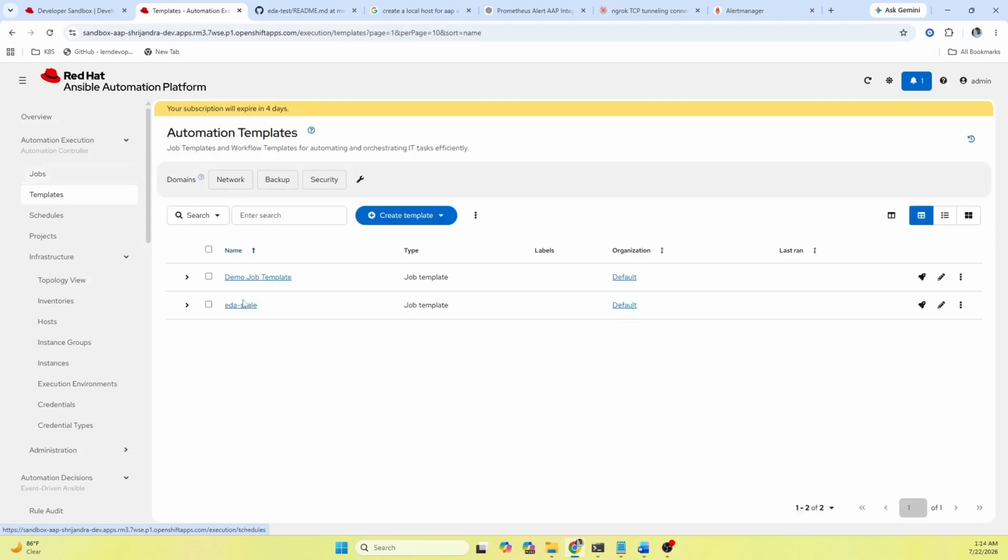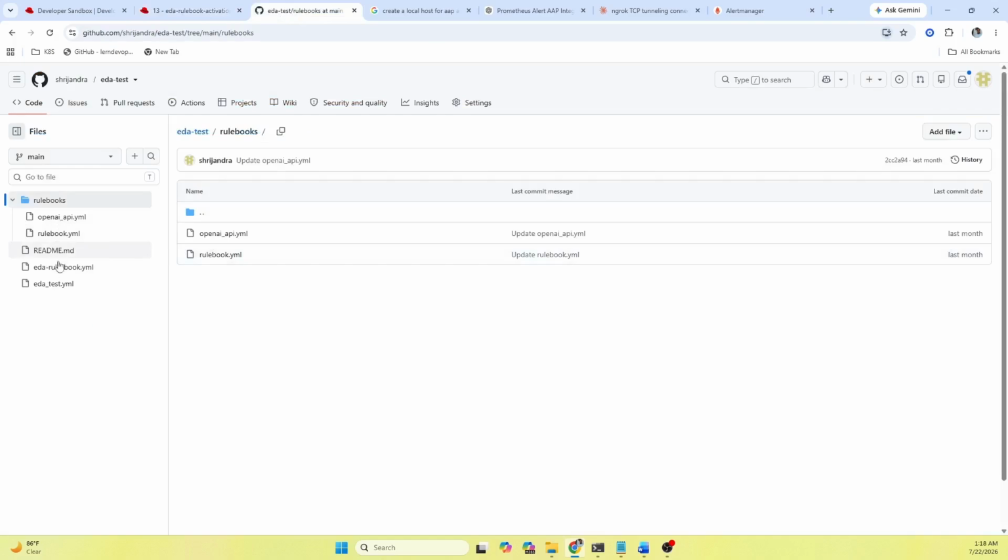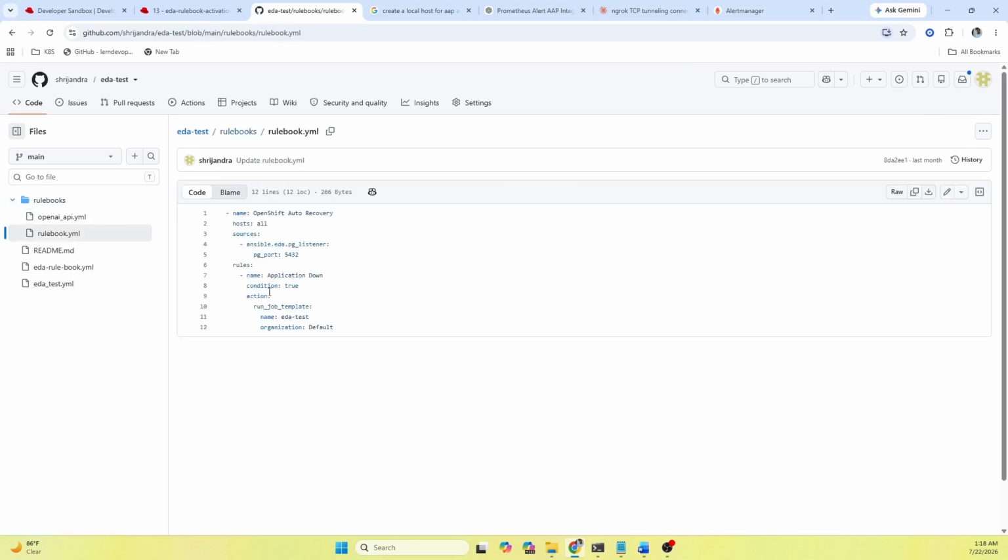Templates. Oh, EDA scale is our job template. Let's see. So the reason is the job template EDA test in the organizers is not running. It's not found. That means EDA test. So this is our EDA test.yaml. So what does our rulebook say? So EDA test, this is the job template, and